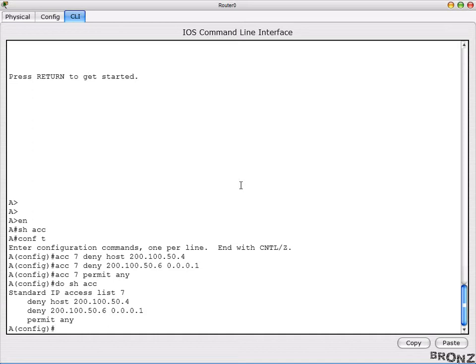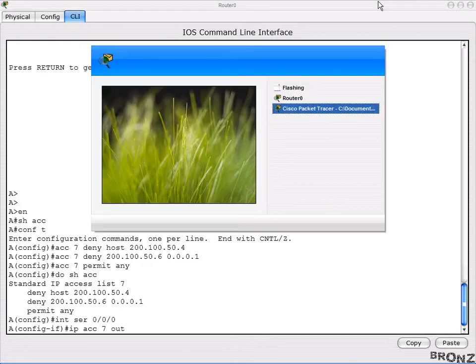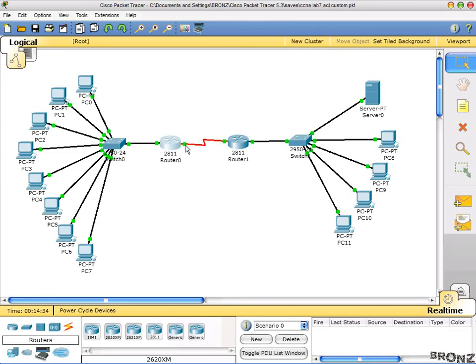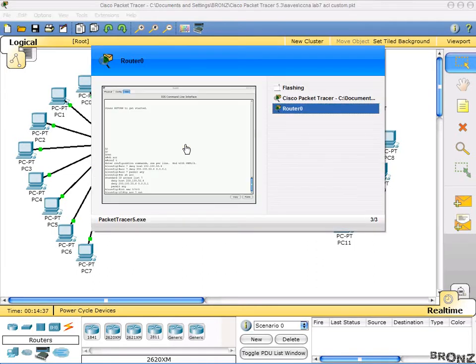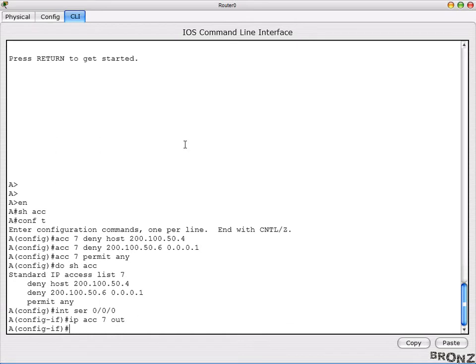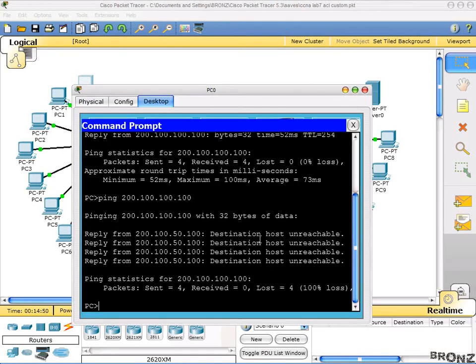defined. So for implementing it, I'm going to go into the serial mode, and then I'm going to use ip access-group 7 out. That means that I'm going to implement my ACL on this interface, and it's an outward interface. So let's see, there you go. And now when I'm going to go to my PCs, if I try to ping the network